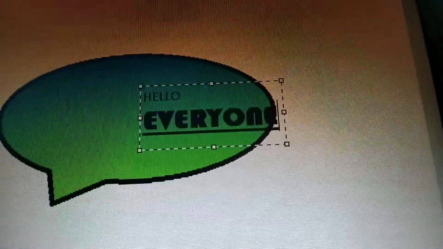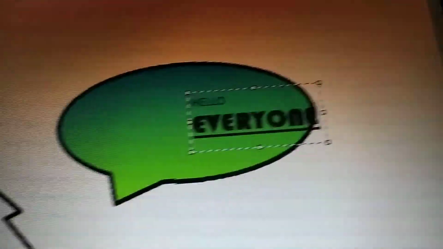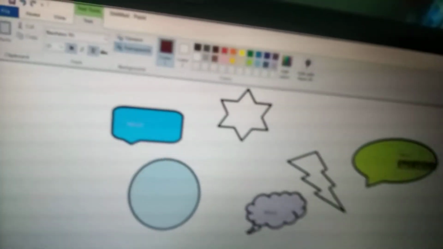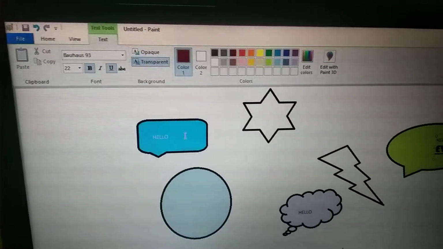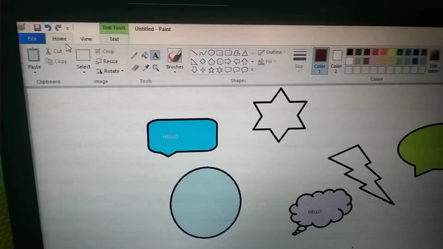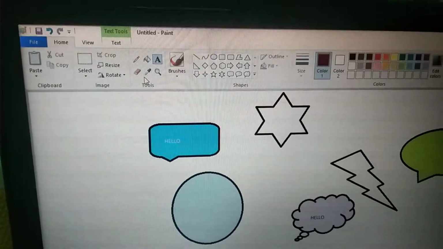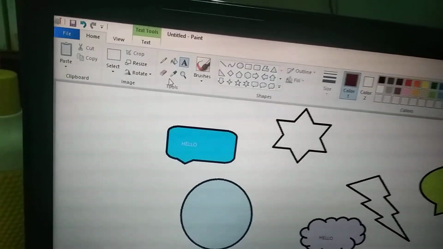Now next, move to the tools group, children. Again go to the home tab. Here you can see these are the tools group.